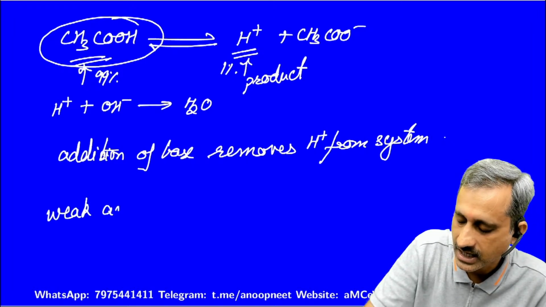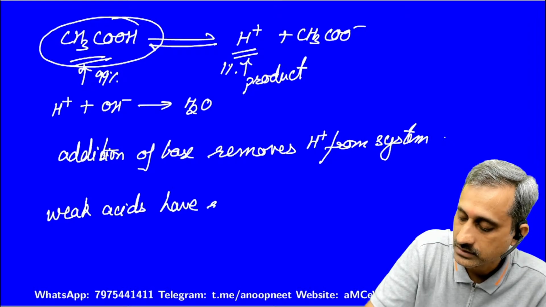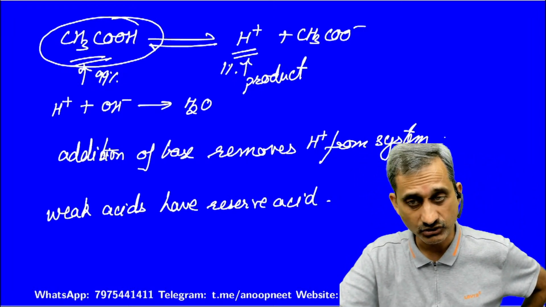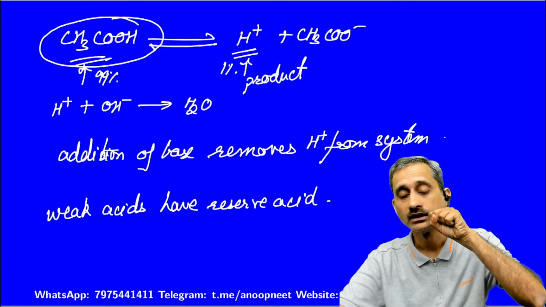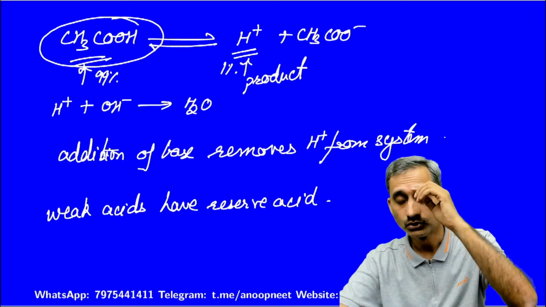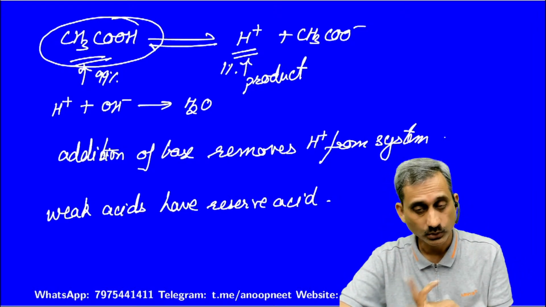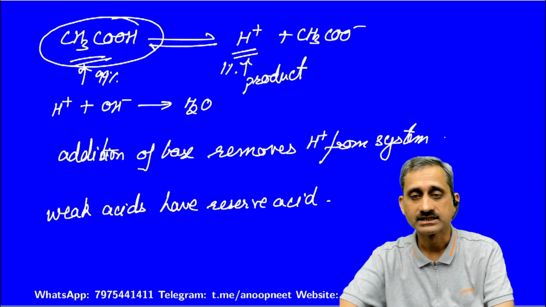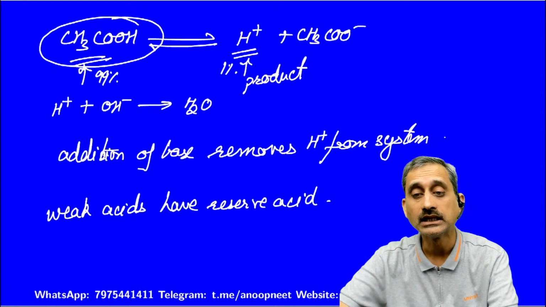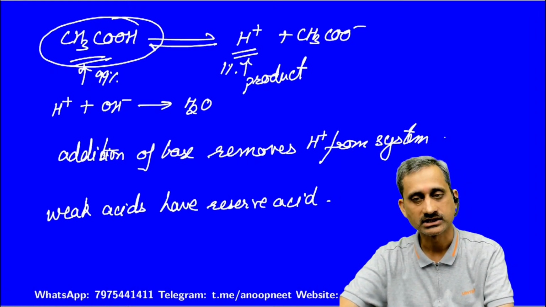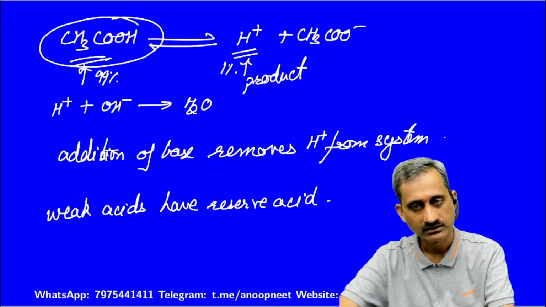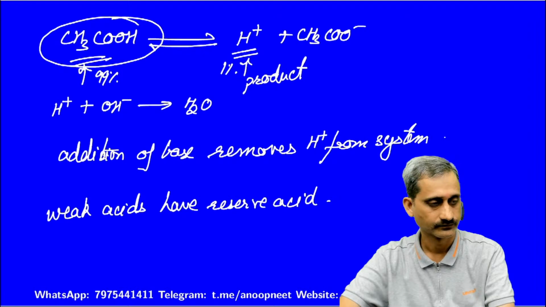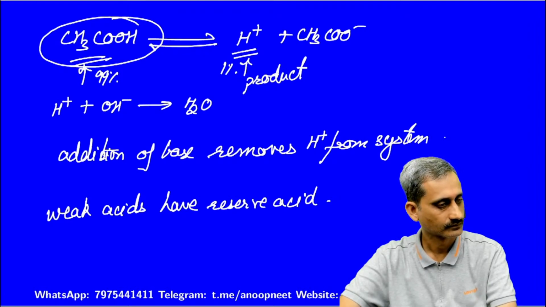So weak acids have reserve acid with them. ठीक है, अब अगर हम एसिटिक एसिड के अंदर सोडियम हाइड्रोक्साइड डालते हैं तो सोडियम हाइड्रोक्साइड H प्लस को कंज्यूम करता है, बट एसिटिक एसिड कुछ H प्लस को प्रोवाइड कर देता है। तो जितना पीएच चेंज हम एक्सपेक्ट करते हैं उतना पीएच चेंज होता नहीं है। क्लियर? तो एसिटिक एसिड रेजिस्ट्स द चेंज इन पीएच व्हेन सोडियम हाइड्रोक्साइड इज एडेड टू इट, बिकॉज एसिटिक एसिड हैज अ रिजर्व एसिड विद इट। यस सर।